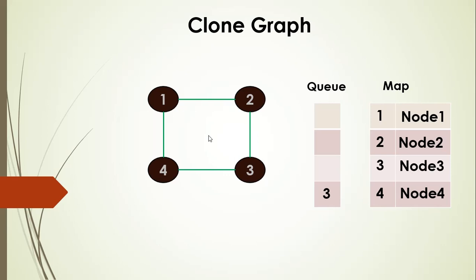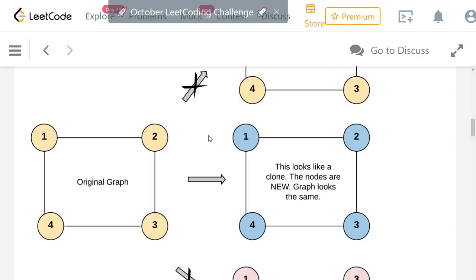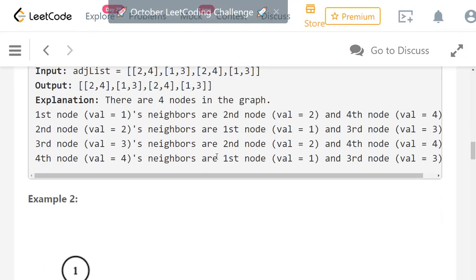So now 3 will also be processed, processing of 3 will be completed, and 3 will be removed from the queue. So that will finish our creation of the new graph as a clone. Then finally we return the graph that we have created using our root node. So let's look at the source code, how we are doing it.